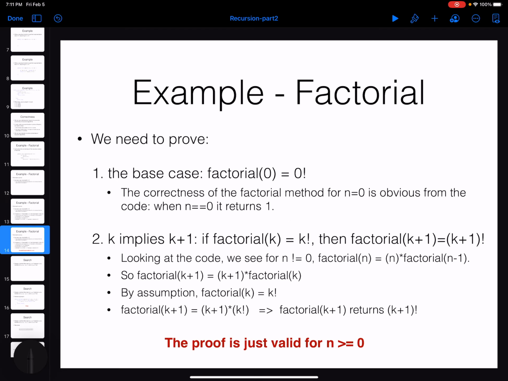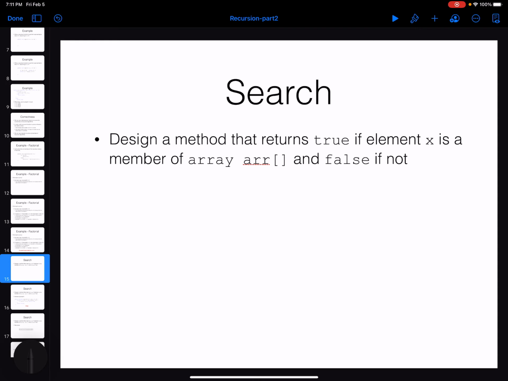It's actually clear here that we are talking about the positive numbers. So the function only works if the number that you pass is going to be non-negative. Otherwise, it's not going to actually work. Okay, so after talking about the correctness of the recursion, I would like to discuss